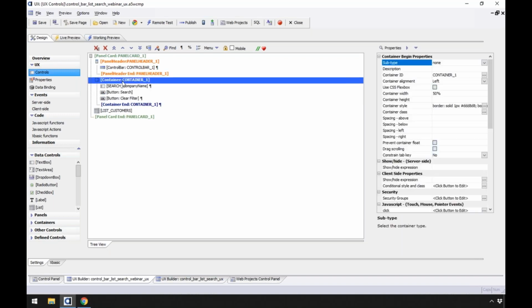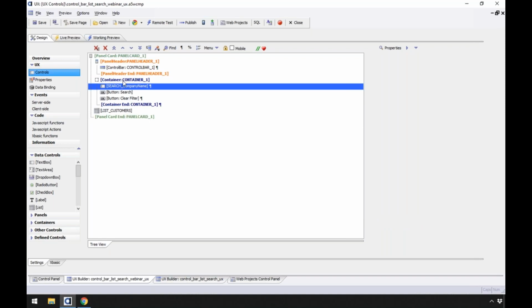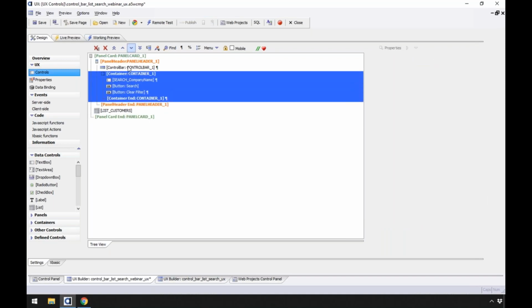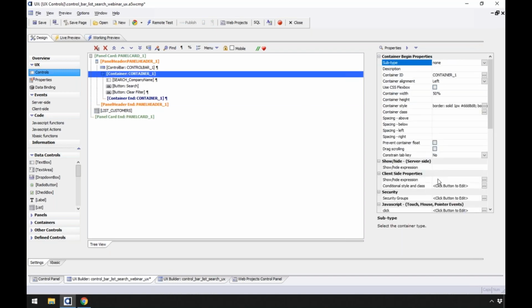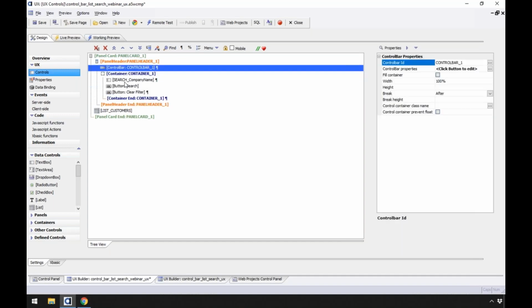So the first thing I'm going to do is move this container up into the panel header. Okay. So again, the control bar is going to display, and then it's going to display this below it. But then I can go to this container and just say 1 = 0 for the show height expression. And even though this is here and I'm just keeping it there temporarily, it won't show up when I